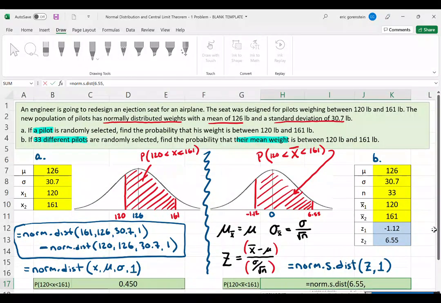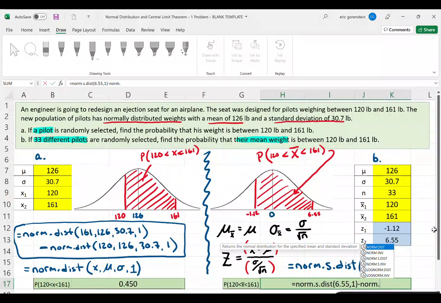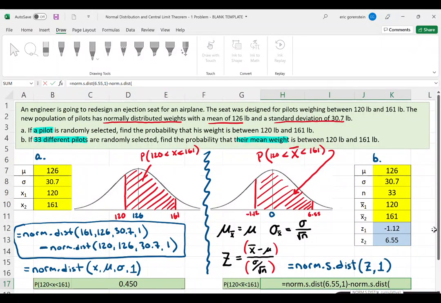So z-score, comma 1. All right, that's all the area to the left of 6.55, all the way down to negative infinity. So again, we have to subtract off the area to the left of the smaller z-score. So that's going to be norm.s.dist, the z-score is now negative 1.12, comma 1. That will give us the area between these two z-scores, which is the probability